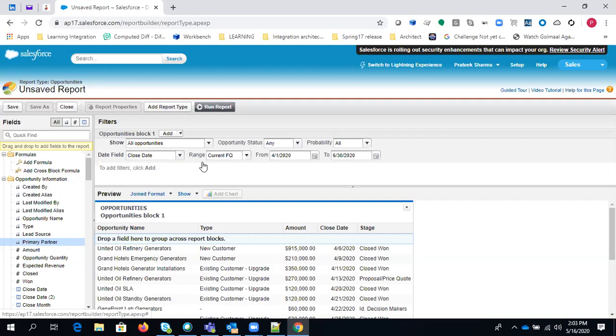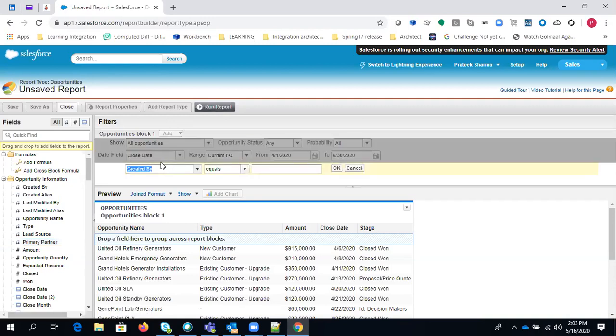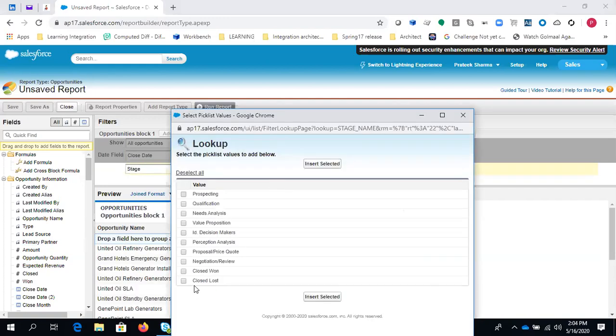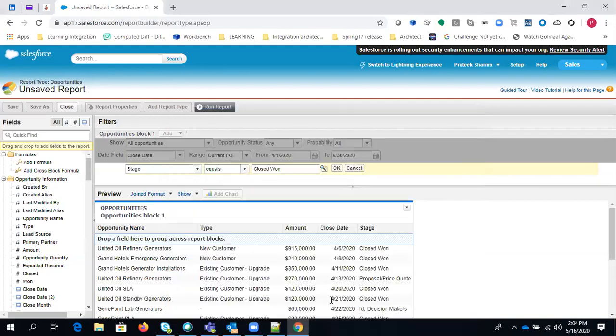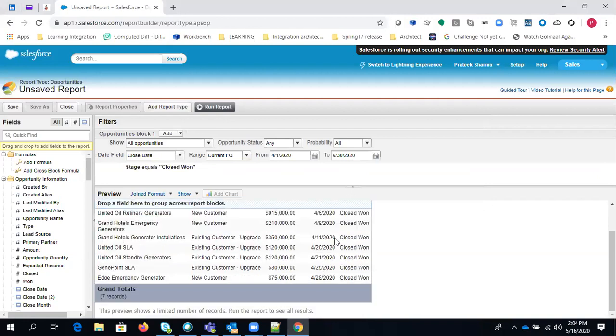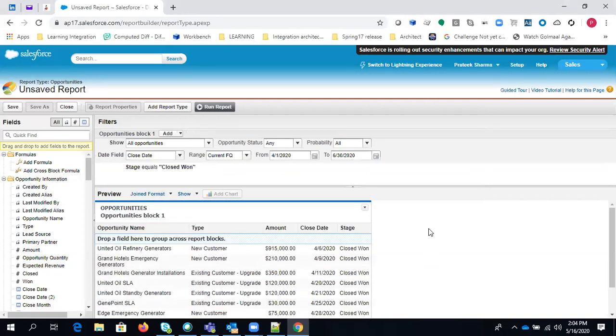let's add some filter with stage, because we want closed won. And here it will only show the closed won opportunities. You can add one more block here. So let's say opportunity name, I'm just dragging and dropping here.